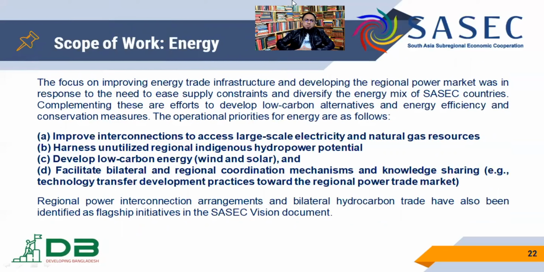Second one is energy cooperation. Actually, SASEC member countries like Bhutan and Nepal are rich in hydropower, and other countries, Bangladesh, India, they need power, but they have connectivity to maritime transportation. Therefore, they can share with each other, and under energy cooperation, the objective was to improve interconnections to access large-scale electricity and natural gas resources, harness the utilization of regional integration of hydropower potentials, develop low-carbon energy, and facilitate bilateral regional coordination mechanism and knowledge sharing, technology transfer, development practice towards the